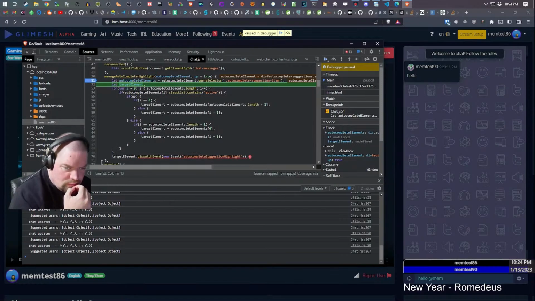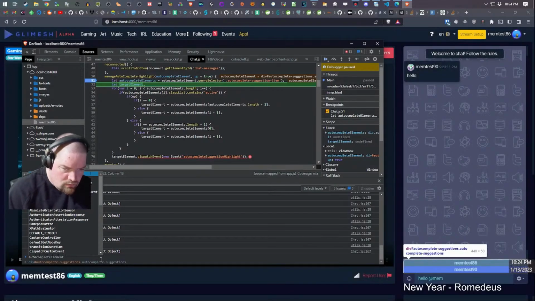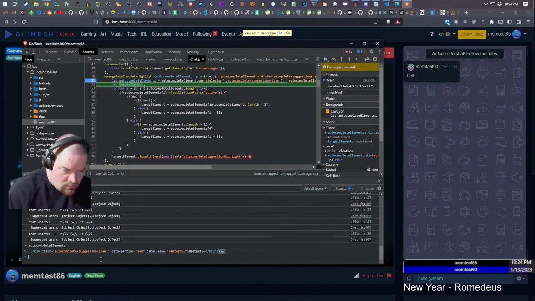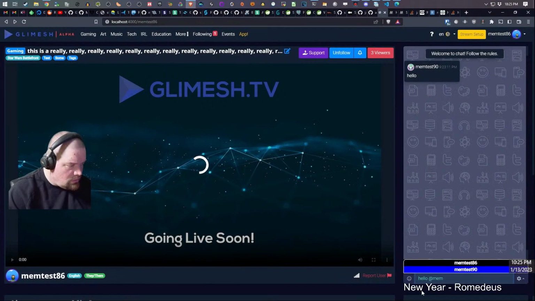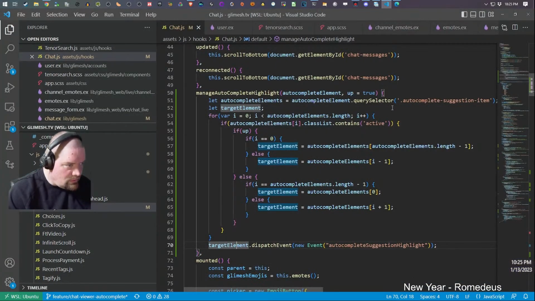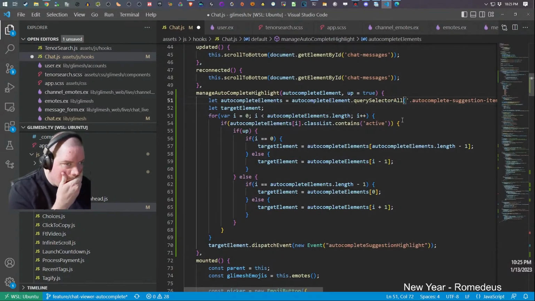Yeah, elements, it looks like. Oh, I know what's going on. I did query selector instead of query selector all. It only picked up the first one it found, and not all of them. That's why.